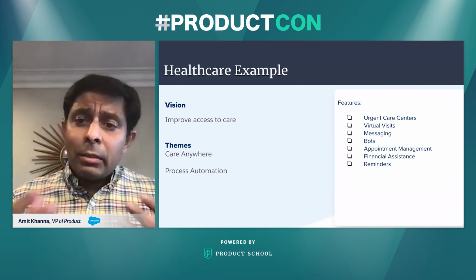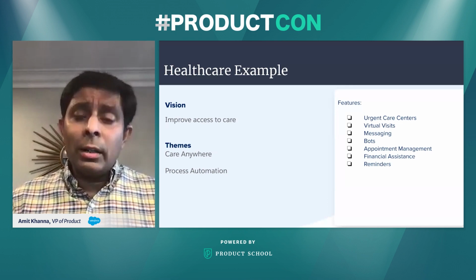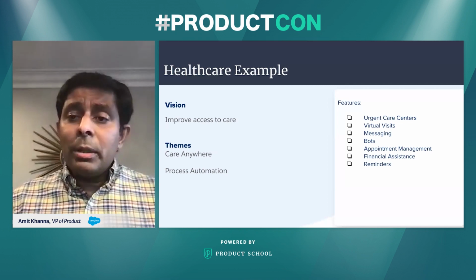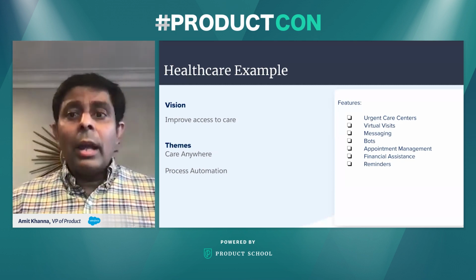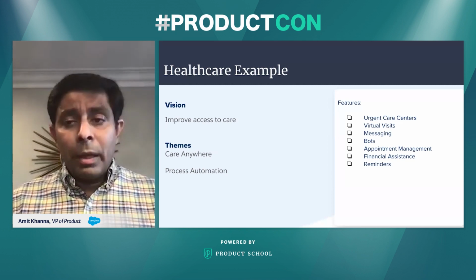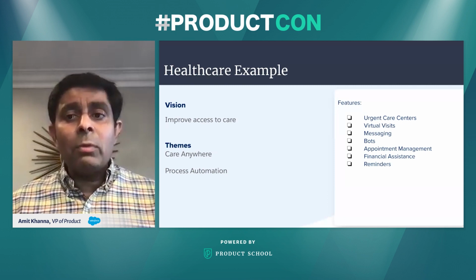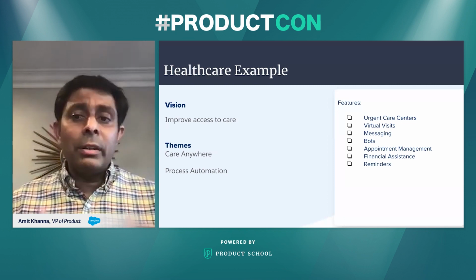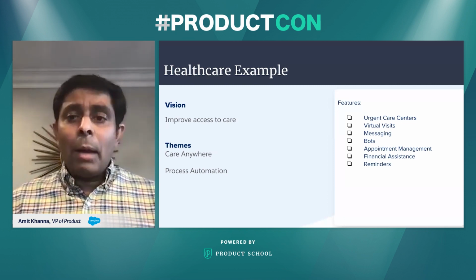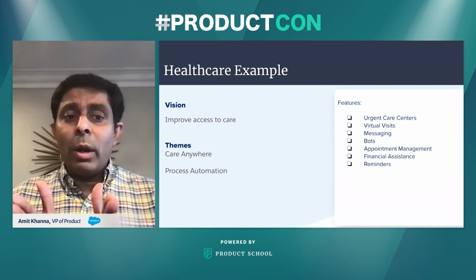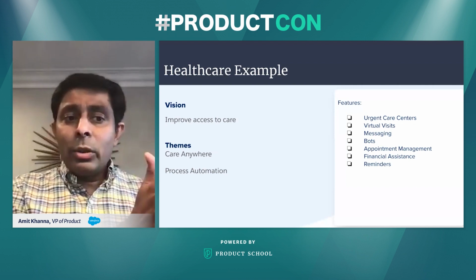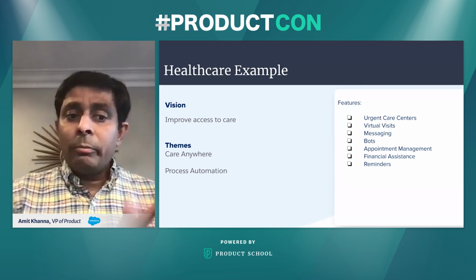Access to care also has big things around process automation. Why that? Because access to care not only means that I get the care, but I get the care at the right time and the right place. And today in healthcare, there are a lot of gaps and a lot of silos where the paperwork has to move between different silos and different people. People have to pick up and answer calls. How can you automate that process, which will reduce the time to provide care and ultimately get to your vision of improving access to care?